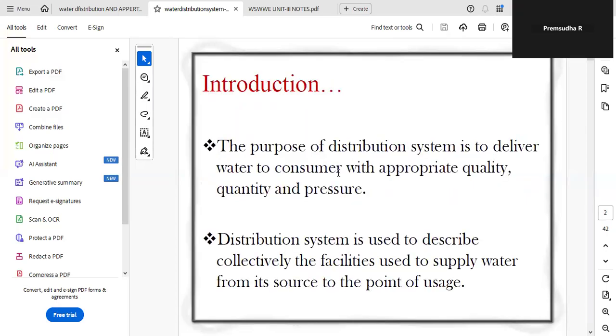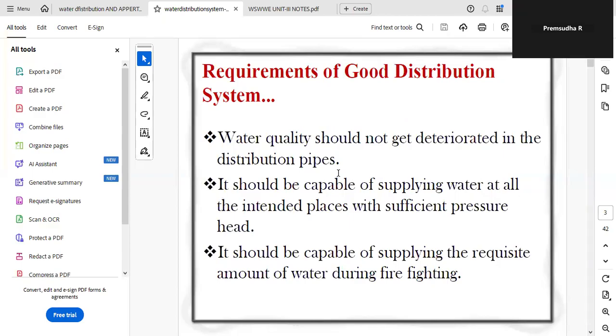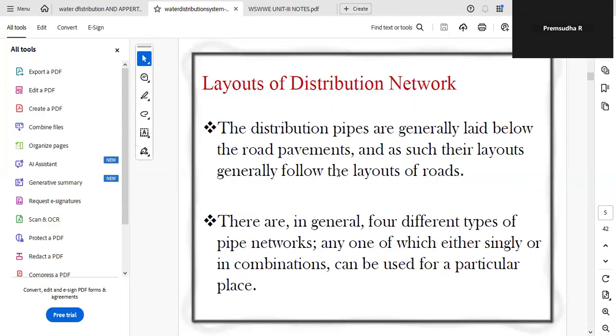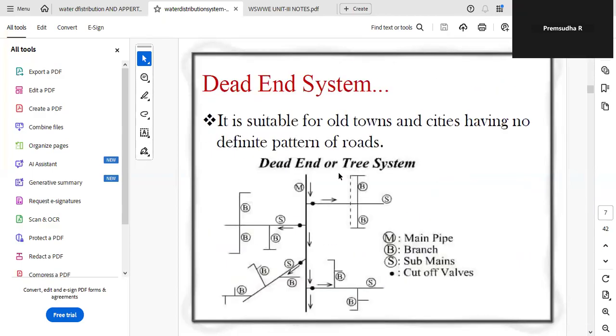Here you can see the dead-end system. So this is the picture. You can see the dead-end or tree system. It is suitable for old towns and cities having no definite pattern of roads. Here you can see this dark line is the main pipe